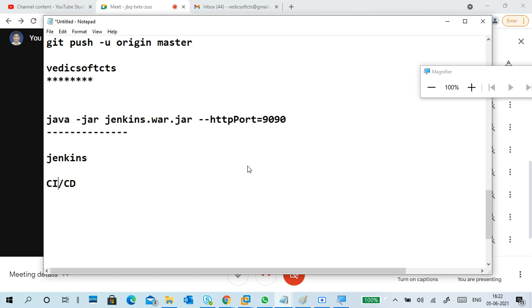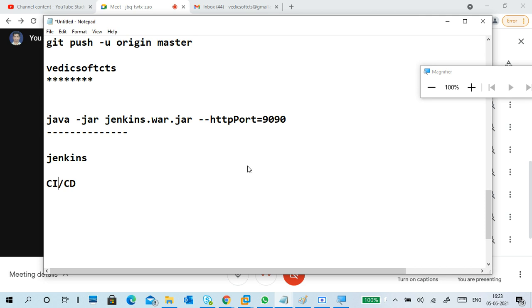Jenkins itself won't do anything, but it uses different tools like Git, Maven, Ant, Gradle, Puppet, Ansible, SaltStack, and it does the integration and deployment. So we can check the deployment also.